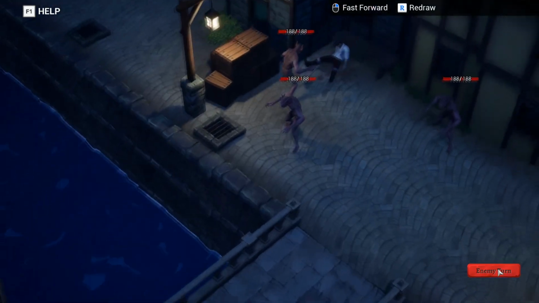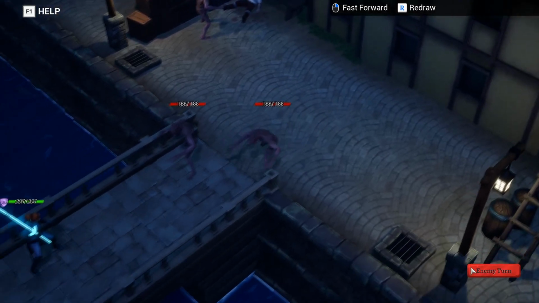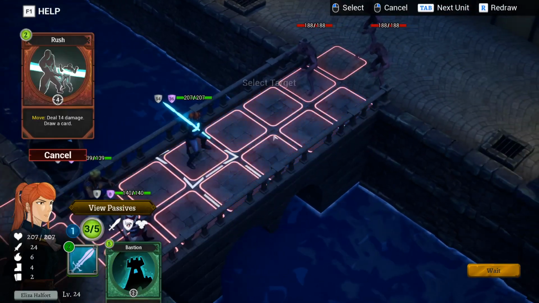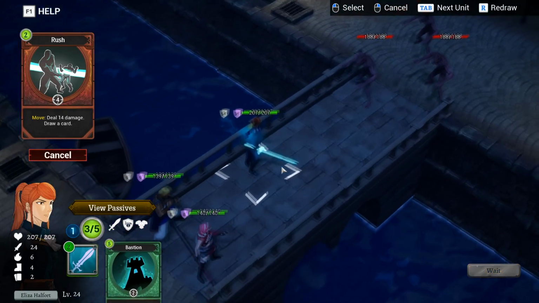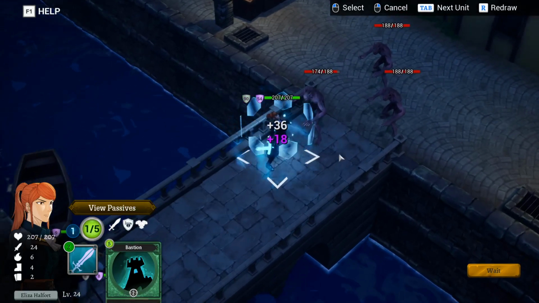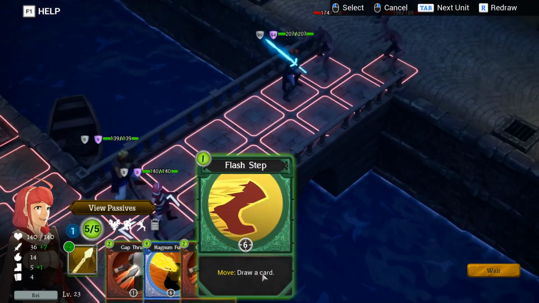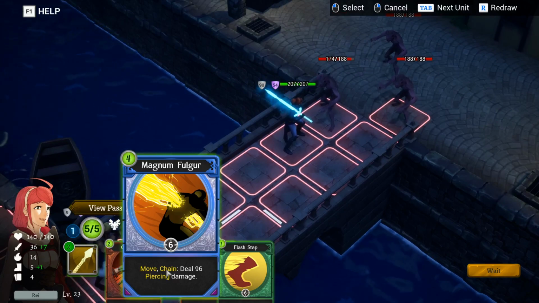Alright, so we're going to get to see how powerful that skill can possibly be. Excuse me. Alright, so, guess we should just go ahead and... Oh, if I do that, I can't do Bastion, no. Let's just move right there, and then pop another Honor's Blessing. We could give somebody a card draw, or you could just... Yeah, let's do it. Move chain, deal 96...